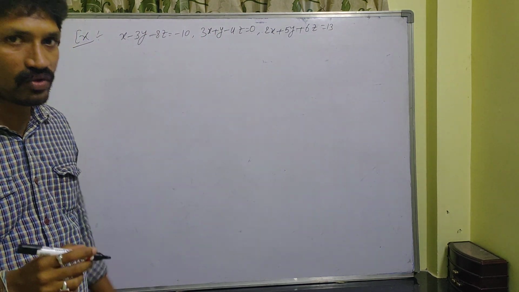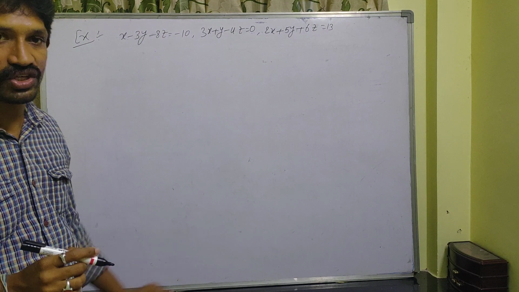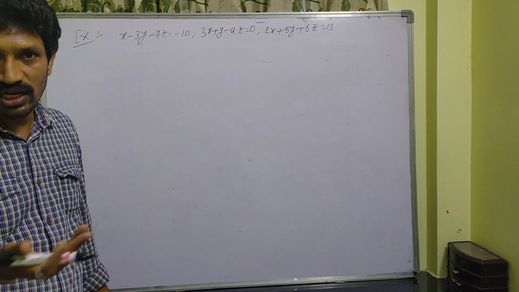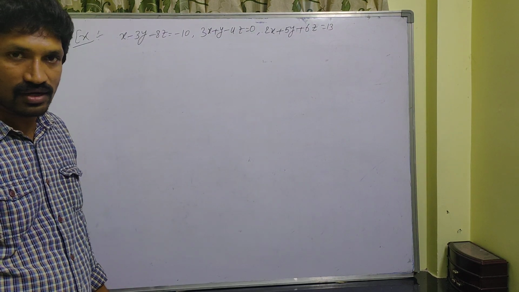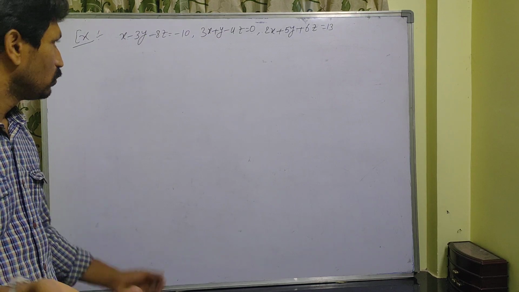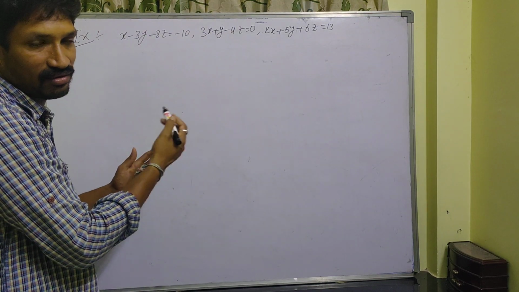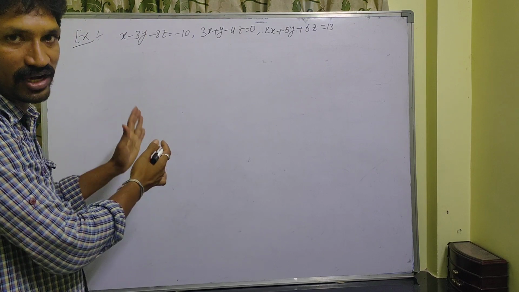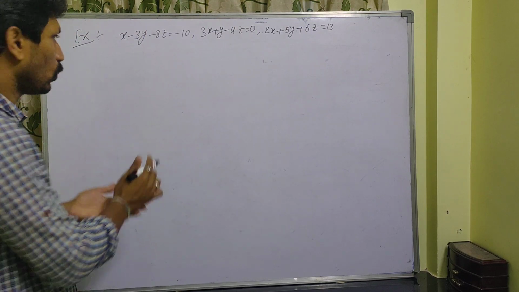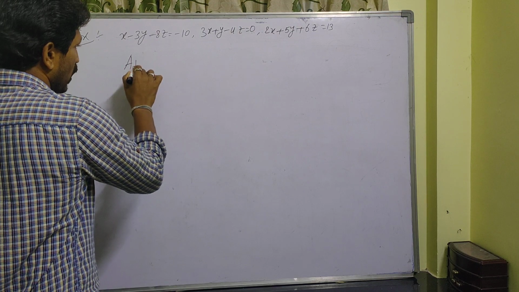So here also we have to examine whether the given equations are consistent or inconsistent. If consistent, how many solutions? We have to decide it. Okay. So same, directly I am writing here. I am not writing matrix form. Directly I am writing the augmented matrix. You know how to write this one. That is nothing but the AD matrix I am writing.